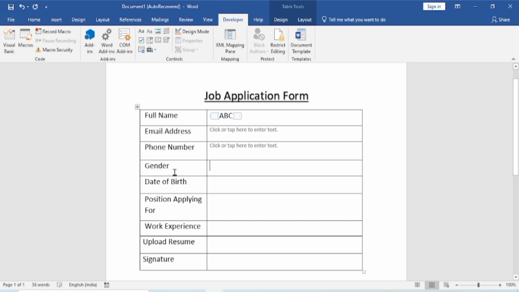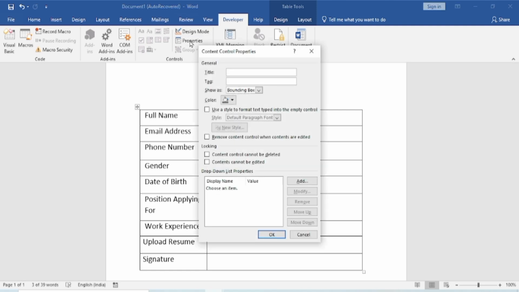For gender, we will add drop-down. Click on the field where you want to insert the drop-down. Click Drop-down List Content Control from the menu. To add items to be displayed in the drop-down, click Properties from the menu bar. In drop-down list properties, you can add the options.